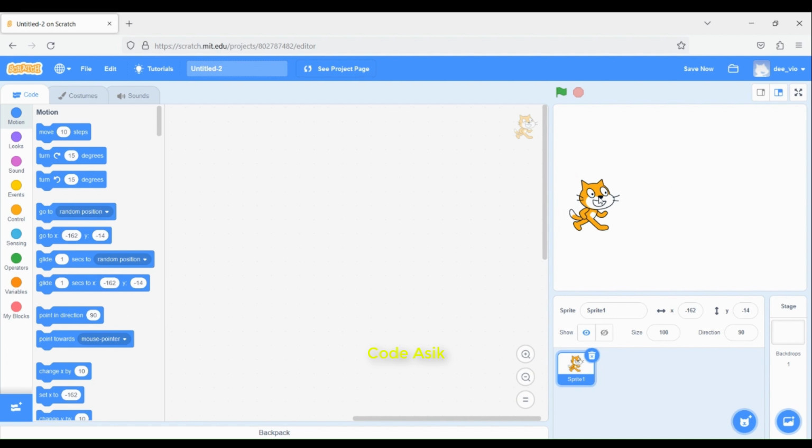When you drag the cat, the position in the coordinate will change. You can see here the X coordinate shows the number and also Y coordinate indicates different number.